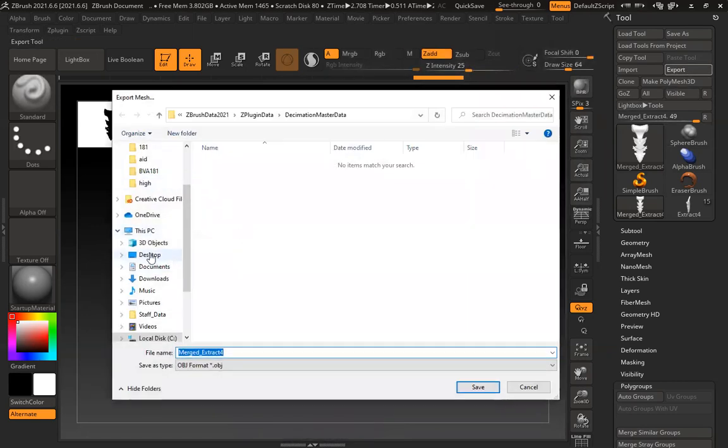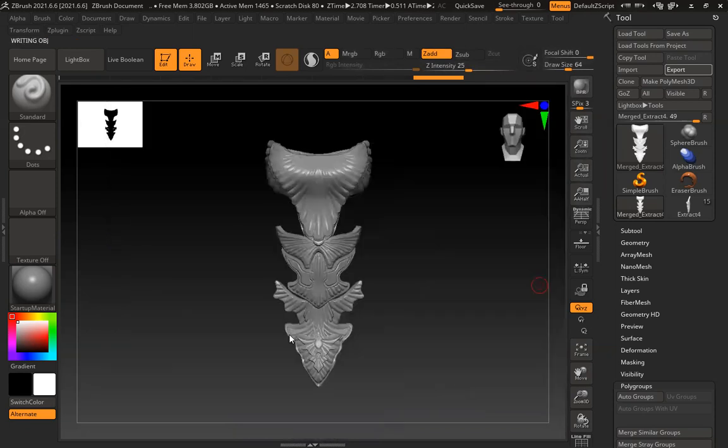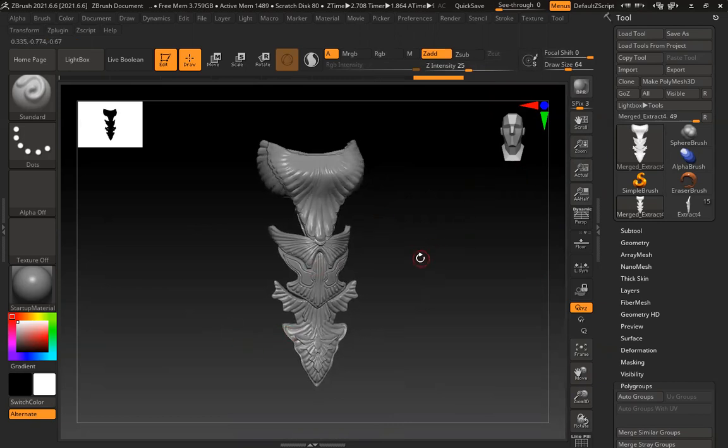So, are we baking it part by part? No, we'll be baking the entire thing together. This is just to show, because in high poly all the parts are separate, but in low poly it's one entire model, right? But if we bake part by part, wouldn't we get a much better result? It will give you the same result. The baking process is the same. Whatever is your high poly, it will bake that only. It doesn't matter whether you're baking part by part or together. So I'll be baking the entire thing together only.